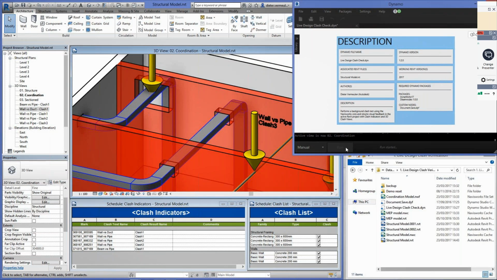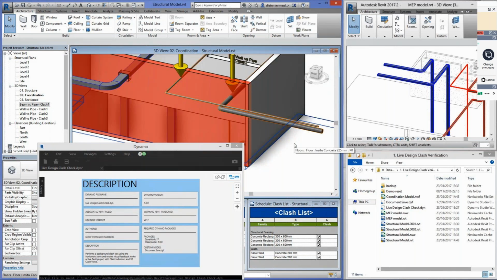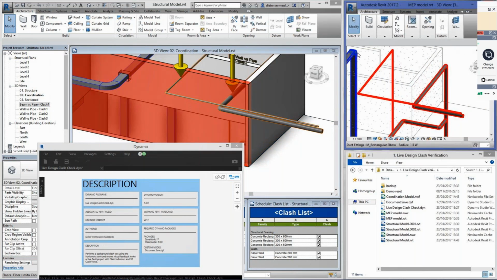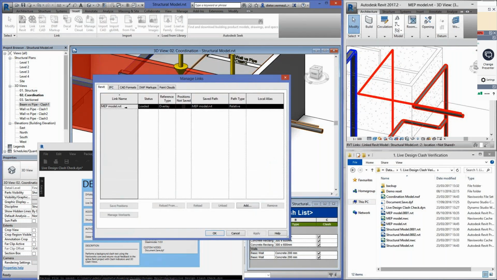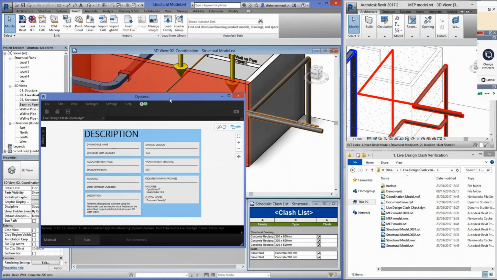This means this whole workflow has a little more intelligence than just the looks and feel of it. Same way, once I go to the link file and change the position of my pipes and reload the changes and bring back the changes in the file, you'll see again that second clash also is resolved within the Revit environment itself.